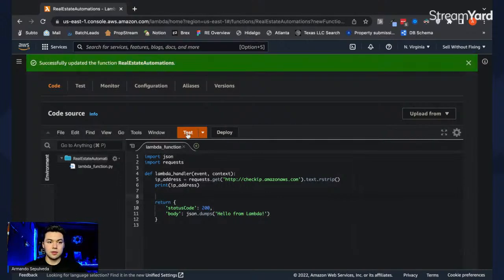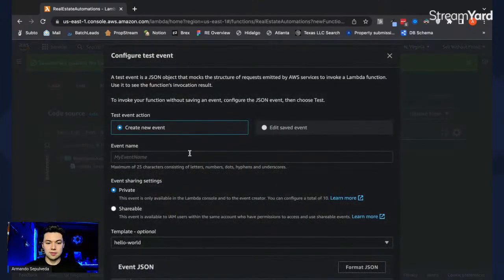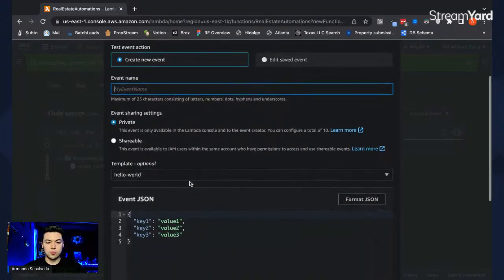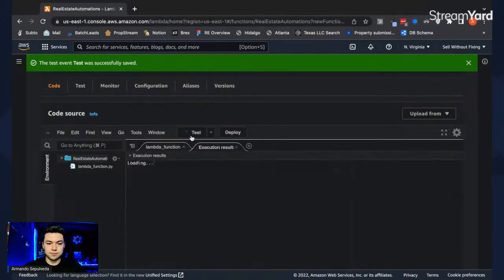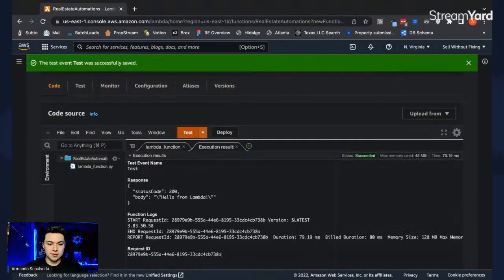Deploy and test it. We don't really care about this, but we need one. Test. We just need to name it and then save it. We run a test. Perfect. So this piece of code ran from this IP address. If we try that again, it will be running from the same IP address. So we want to change that, right? To be modifying that IP address every time